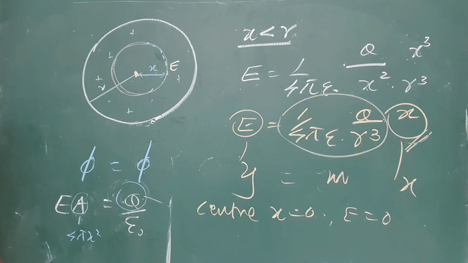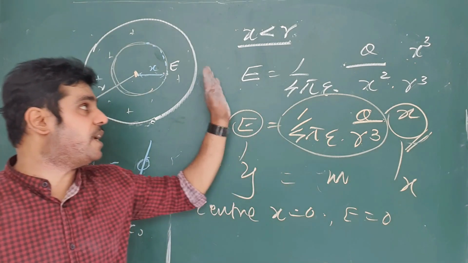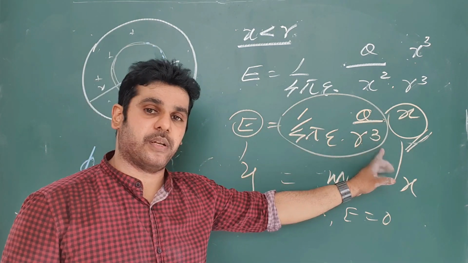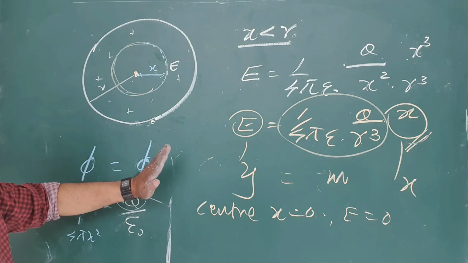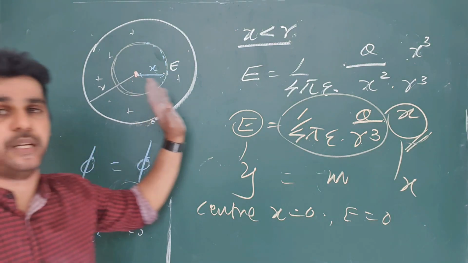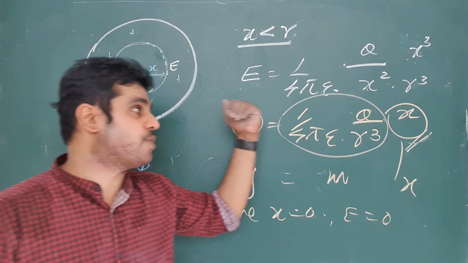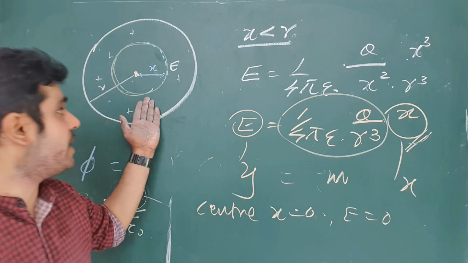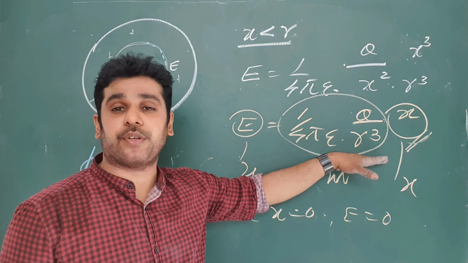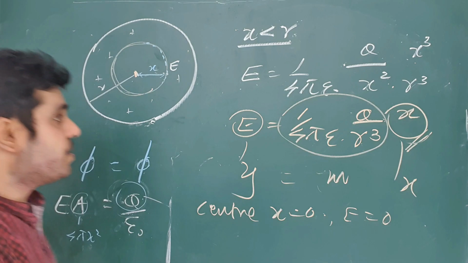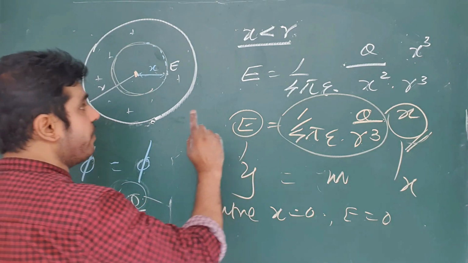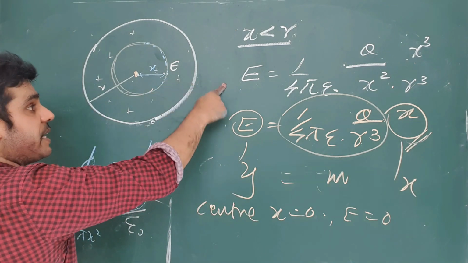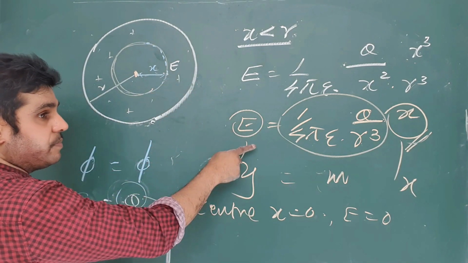Now this is very important. Just outside the surface, everyone knows it is given by 1 over x square. Now this is the method to write E inside the Gauss surface. But they don't ask you the electric potential inside the Gauss surface in the dielectric media, because if you want to find that, you have to do the integrations. So in the A level, they will ask you E only inside the dielectric media, but outside and on the sphere they will ask you E and V. Right.